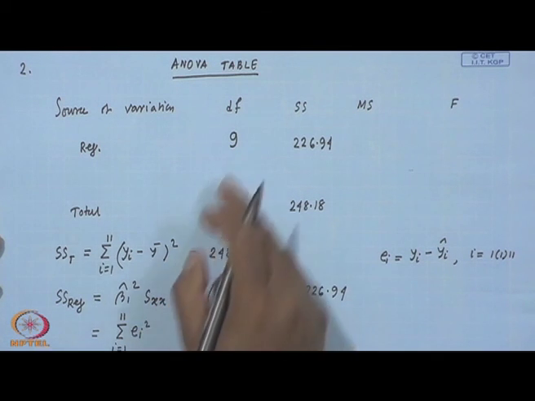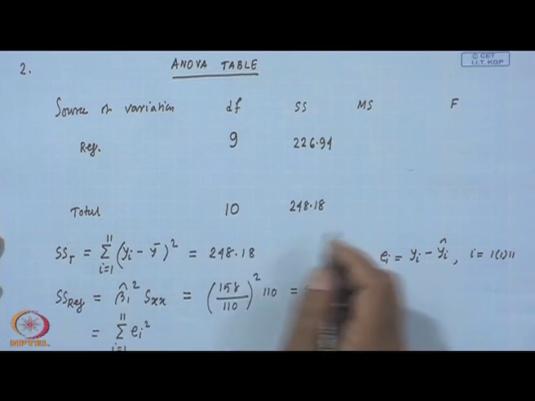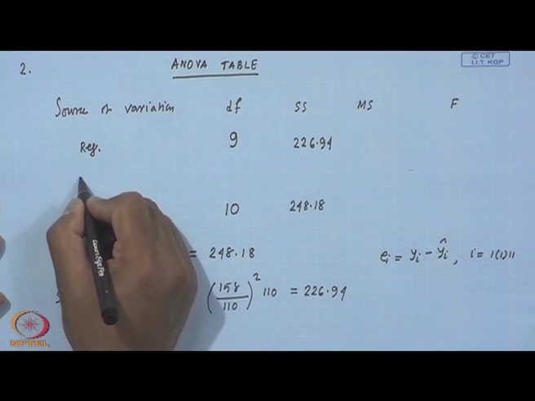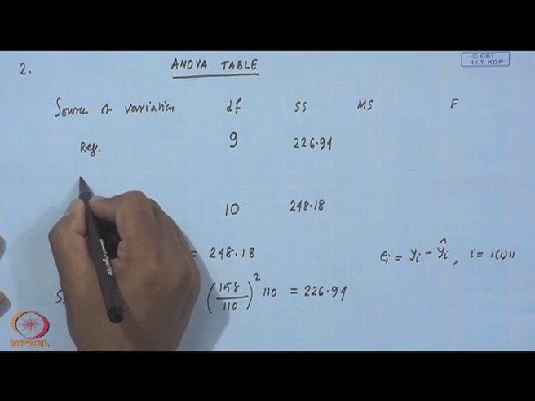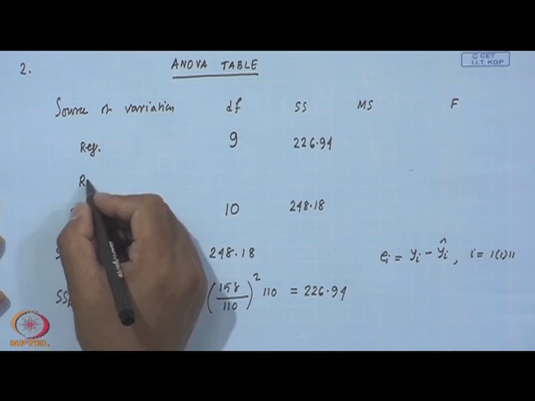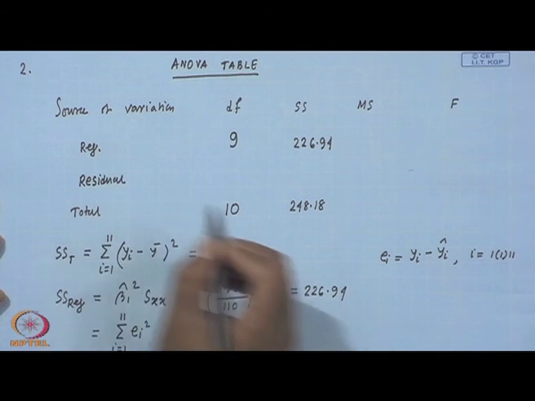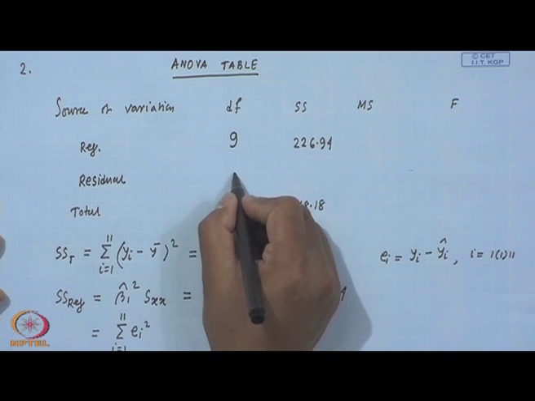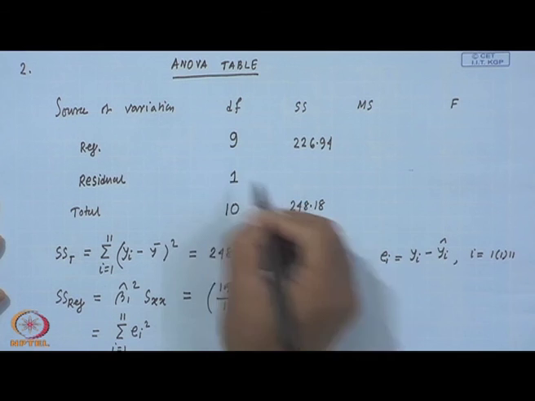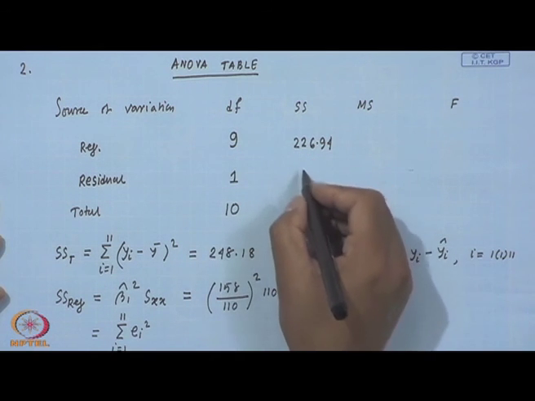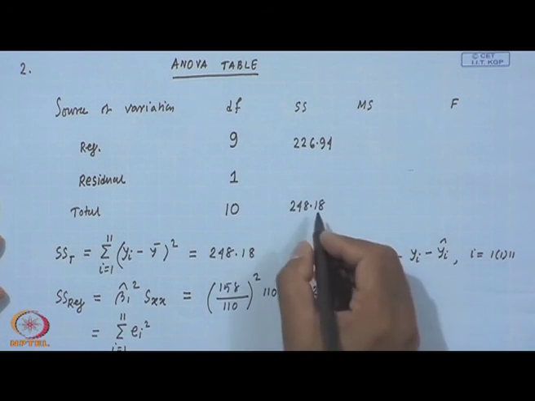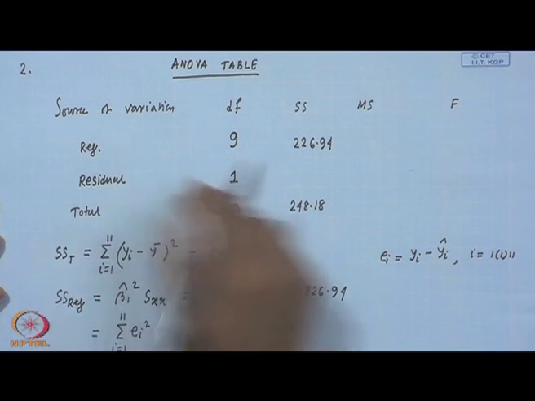So, the degree of freedom for SS residual is equal to 9, and then the remaining part, the part which remains unexplained, the part of variability, that is SS residual,